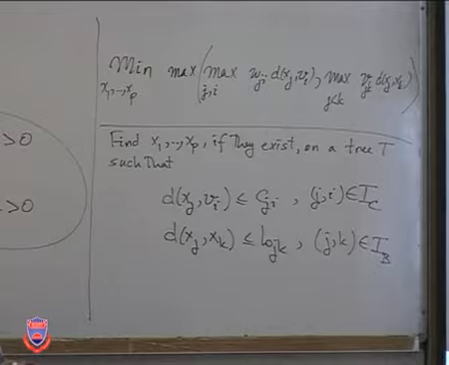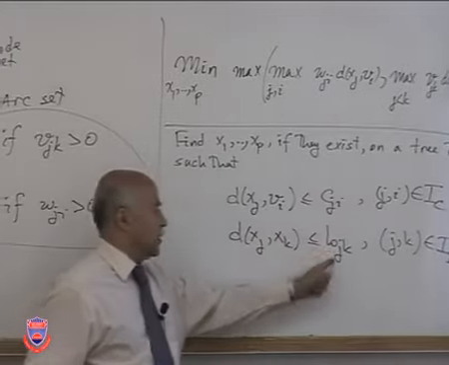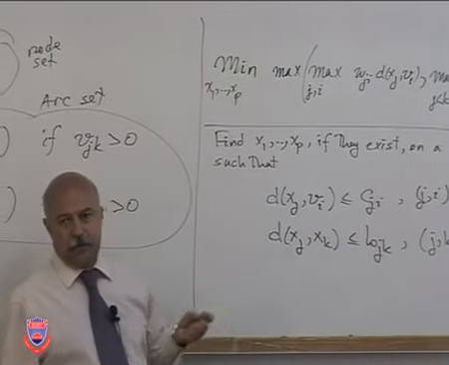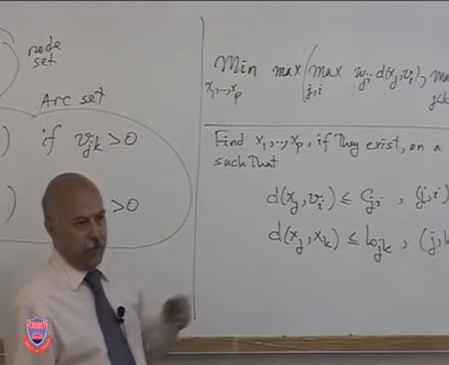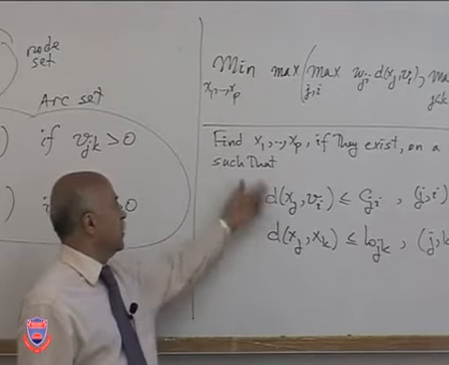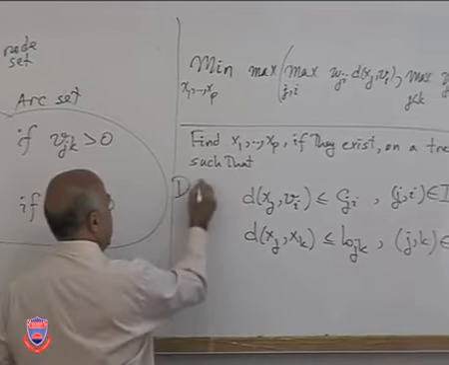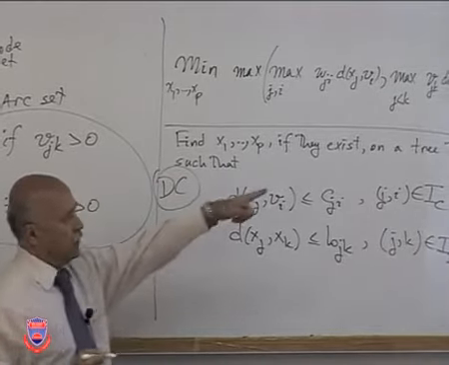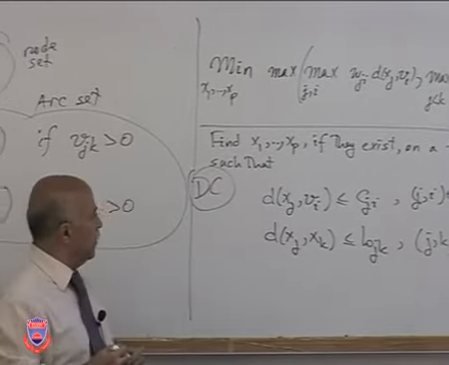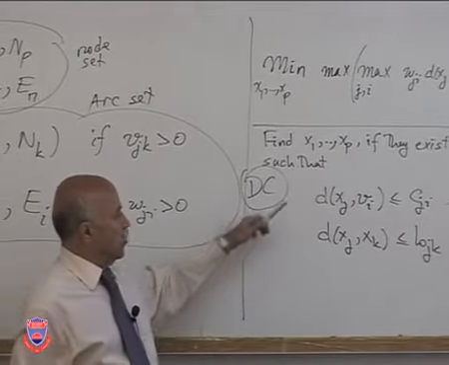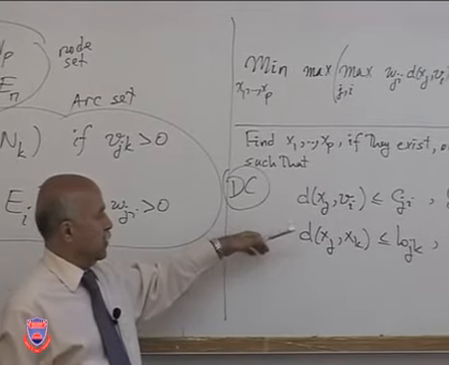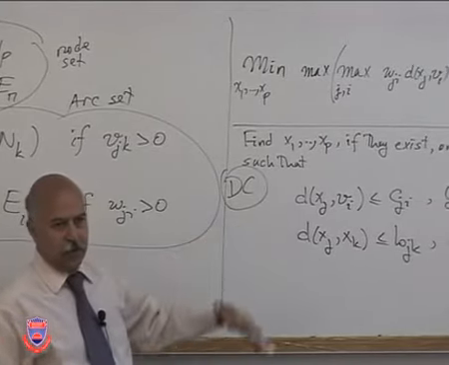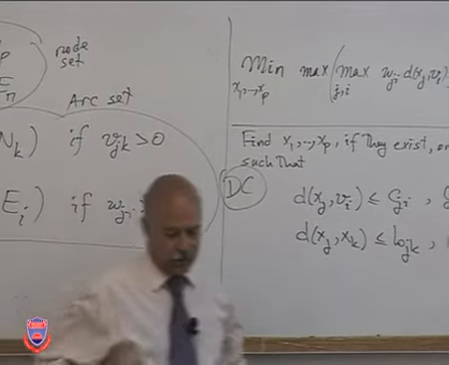All right, so when these numbers are given, of course, you may or may not have a feasible solution. So your job in this problem, this is called the distance constraint problem, the acronym that I listed on the slide, is to either conclude that there is no feasible solution or else find one if one exists.